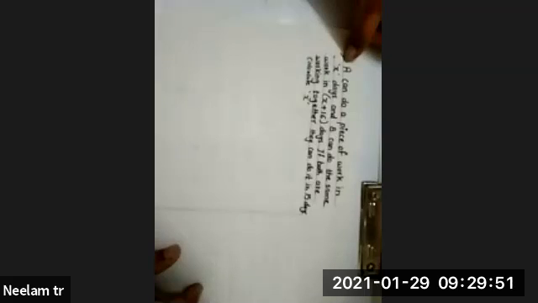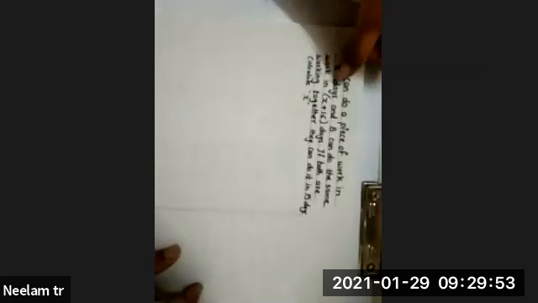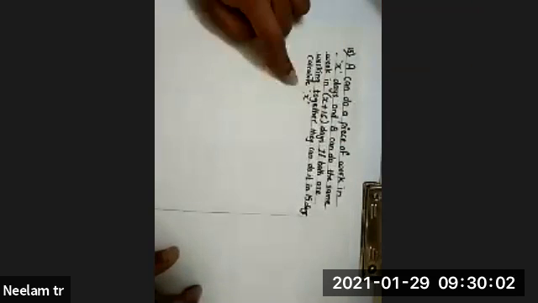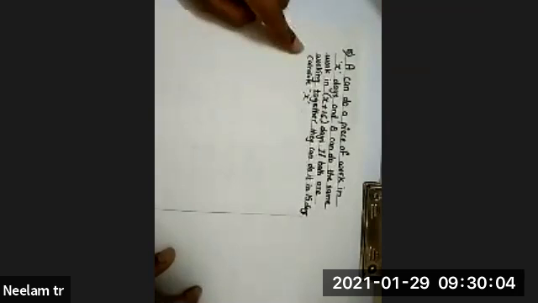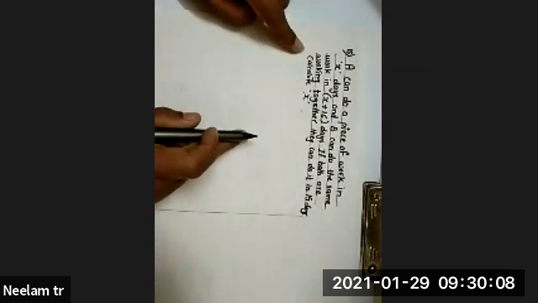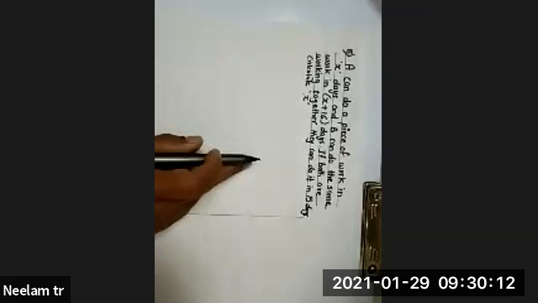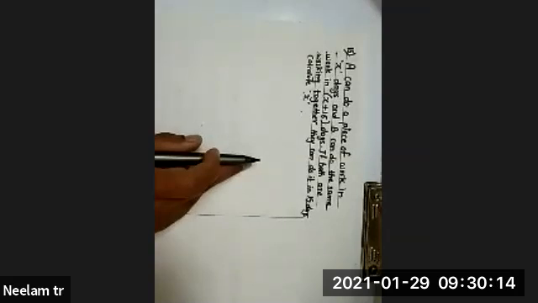A can do a piece of work in X days and B can do the same work in X plus 16 days. If both are working together, they can do it in 15 days. Calculate the value of X. This is very easy. Compared to our textual question, this board question is very easy. Okay, class? Chalo. So let's start, how you are going to solve it.